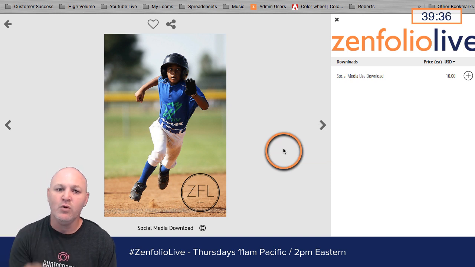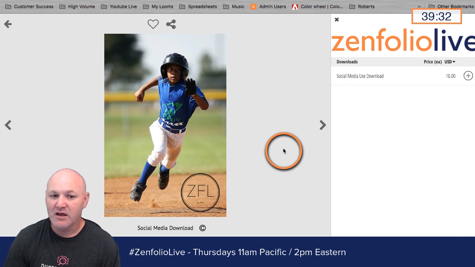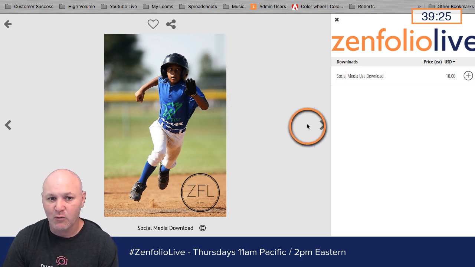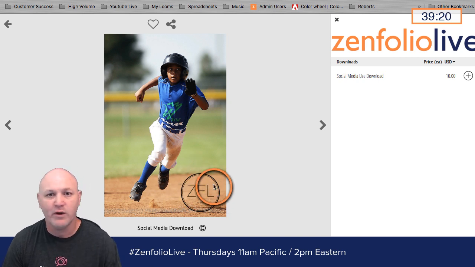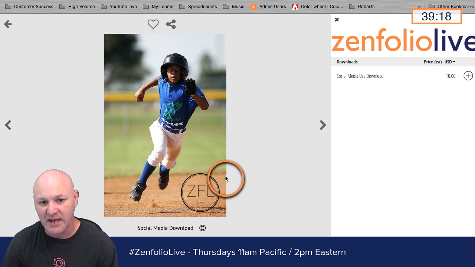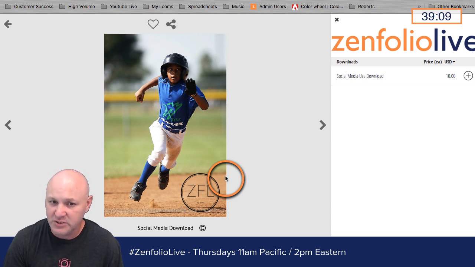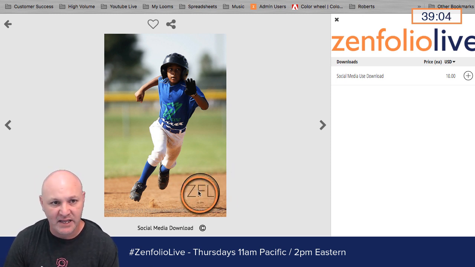And so this way, if you want to offer watermarked versions of your photos that are only available in social media use or only available in specific products, that's how you do it right here. And so now when they buy this photo, it would have that logo or watermark or whatever it is actually on the digital download, so that if they're sharing it to social media, you're going to be getting the advertisement out of it. Or maybe it's the organization that you did the shoot for. Maybe they want their logos on the images. It's going to be there whenever they get that download.